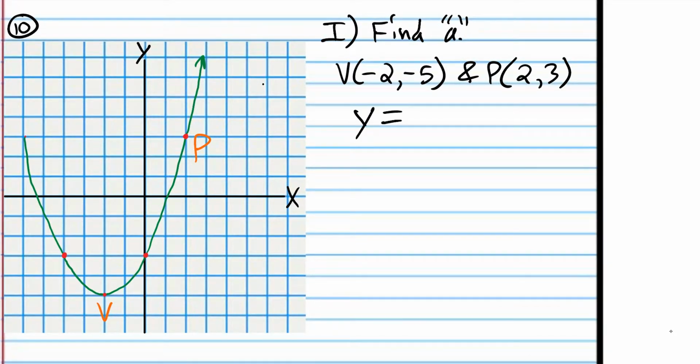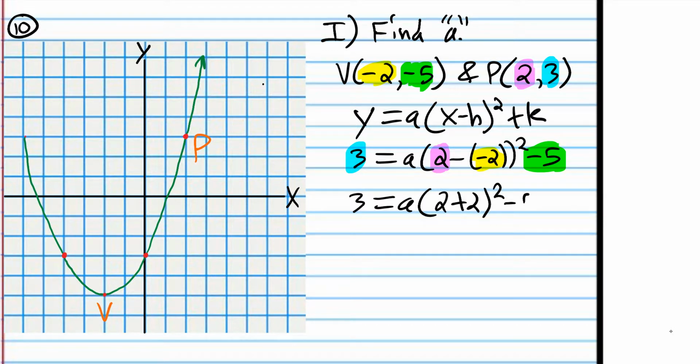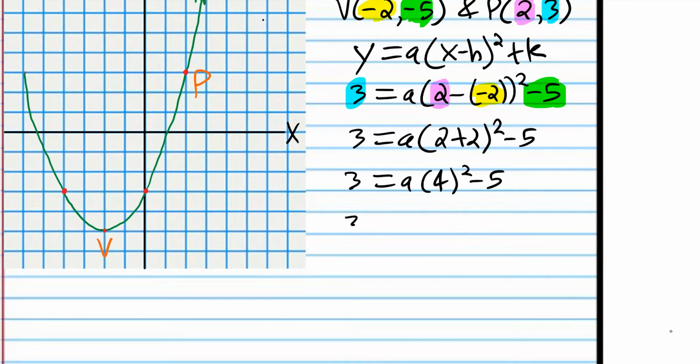And we're going to use the general vertex form. For y, we're going to plug in the y value of our point. For x, we're going to plug in the x value of our point. h is the x value of the vertex, and k is the y value of the vertex. And I'm going to color those. Now we just have to solve for a. -2 minus -2 is 2 plus 2, and 2 plus 2 is 4, and 4 squared is 16,